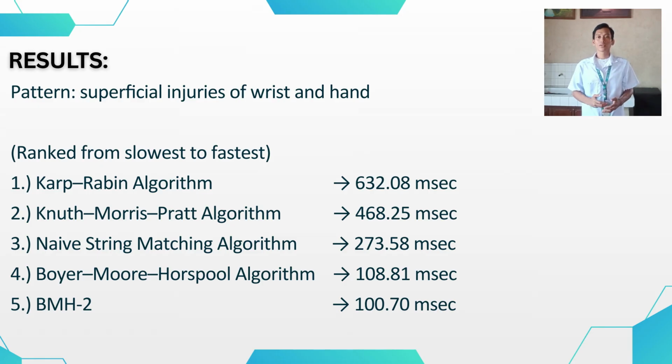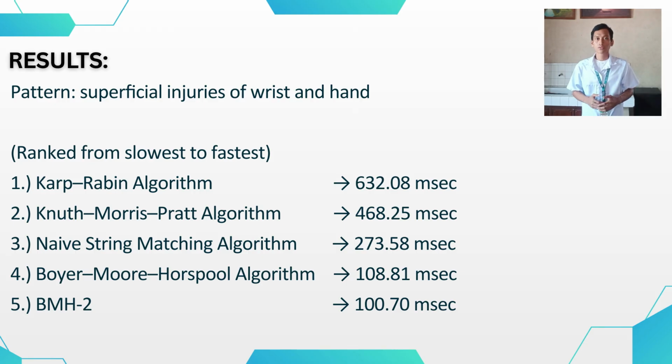The result shows that the Karp-Rabin algorithm is still the slowest, which has 632.8 milliseconds, followed by the Knuth-Morris-Pratt algorithm, which has 468.25 milliseconds, then the naive string matching algorithm, which has 273.58 milliseconds, followed by the Boyer-Moore-Horspool algorithm, which has 108.81 milliseconds, and the fastest is the BMH2 algorithm, which has